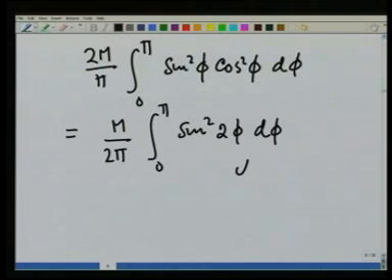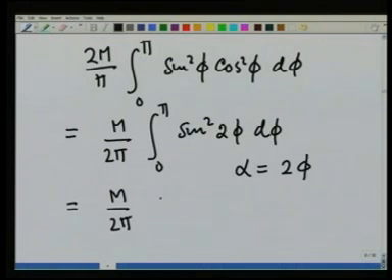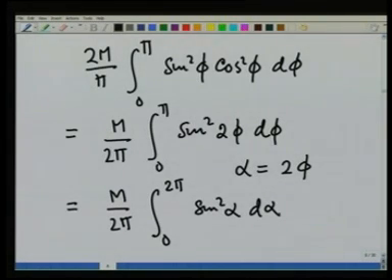Change to variable alpha equals 2 phi, this becomes equal to m over 2 pi integral 0 to 2 pi sin square alpha d alpha